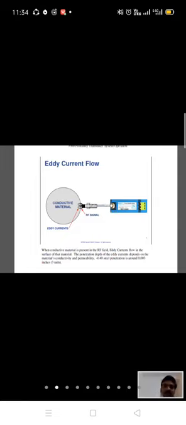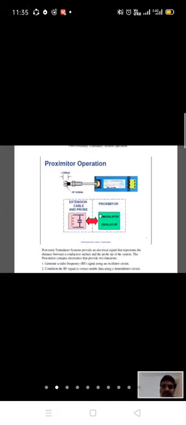Basically, this proximeter has an oscillator which is generating a radio frequency, sir. Let us say it is generating some 20 megahertz, just for example.